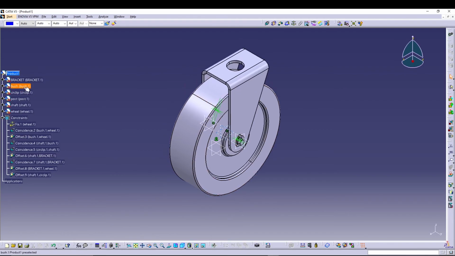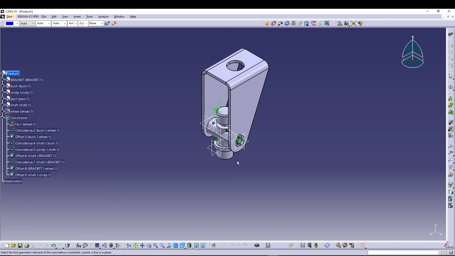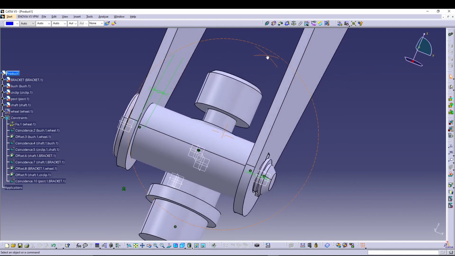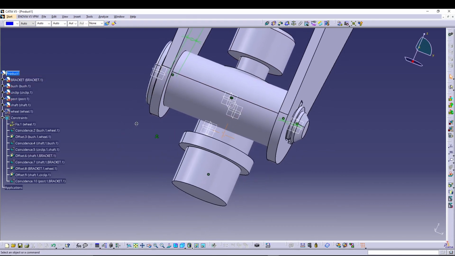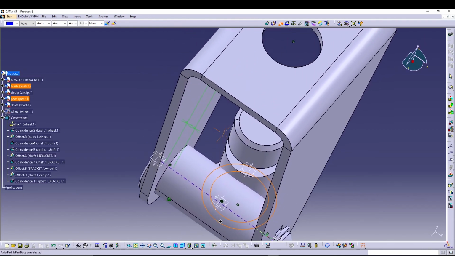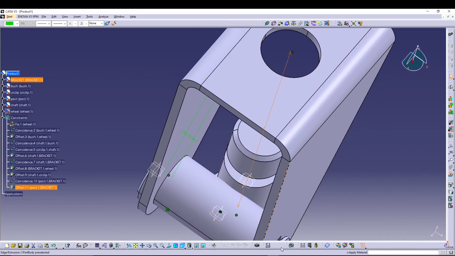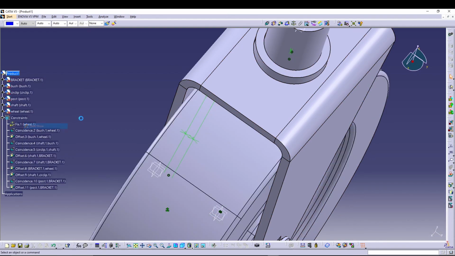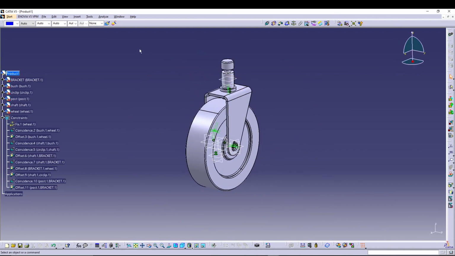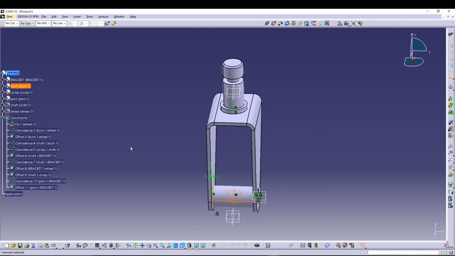Then my bracket is over here. I need the bush to be coincident, so let's hide the wheel for a moment. Apply a coincident between the bush and the bracket. Also apply an offset constraint. Offset this face of the bush and this face of the bracket, make it 0 and update it. Go back to our wheel, and this is what the assembly looks like. Alright, fine. So everything fits perfectly,